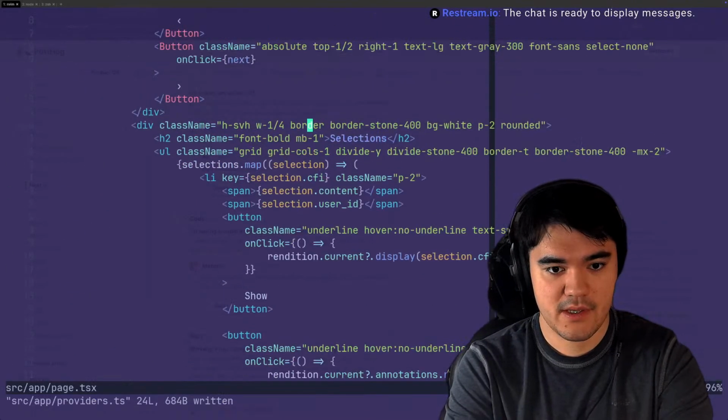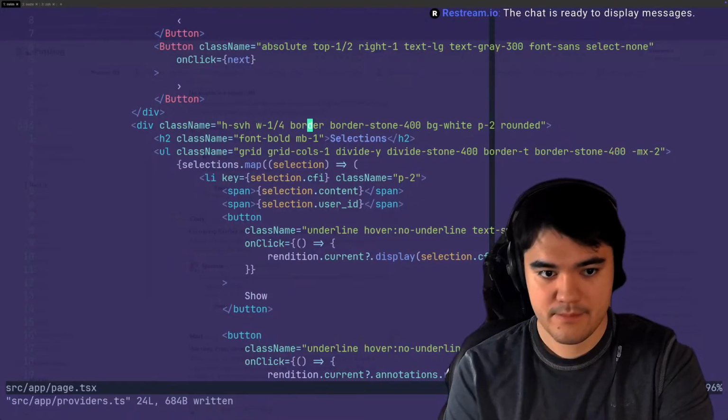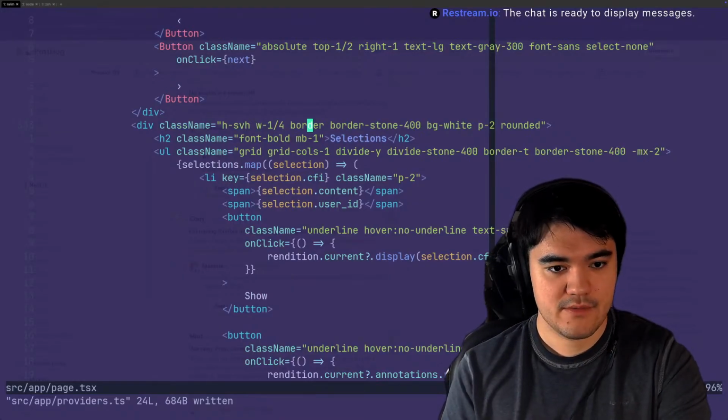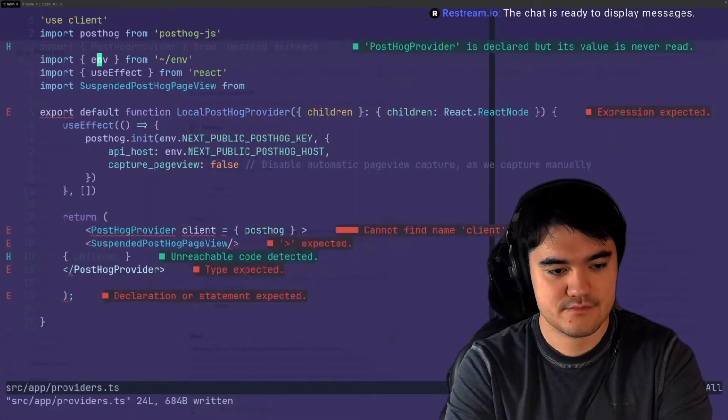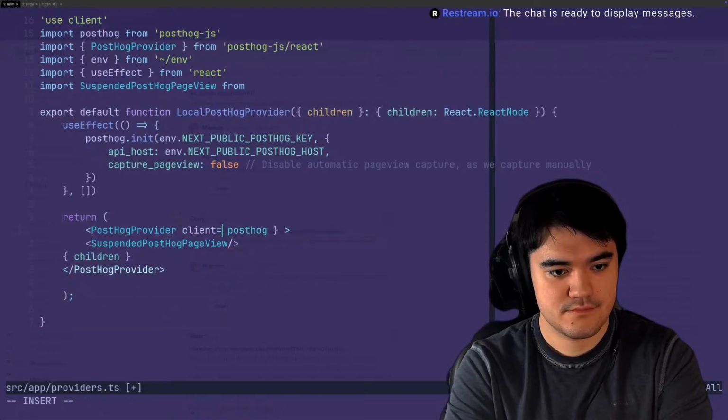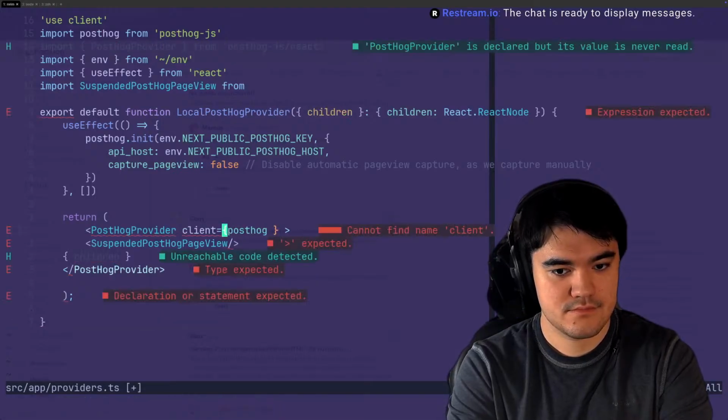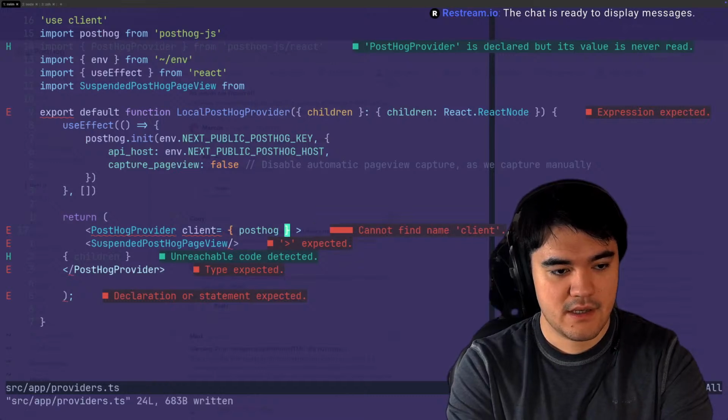Very well could be. No, that's the way you're supposed to pass that in. Yeah, why can't you find the name client?